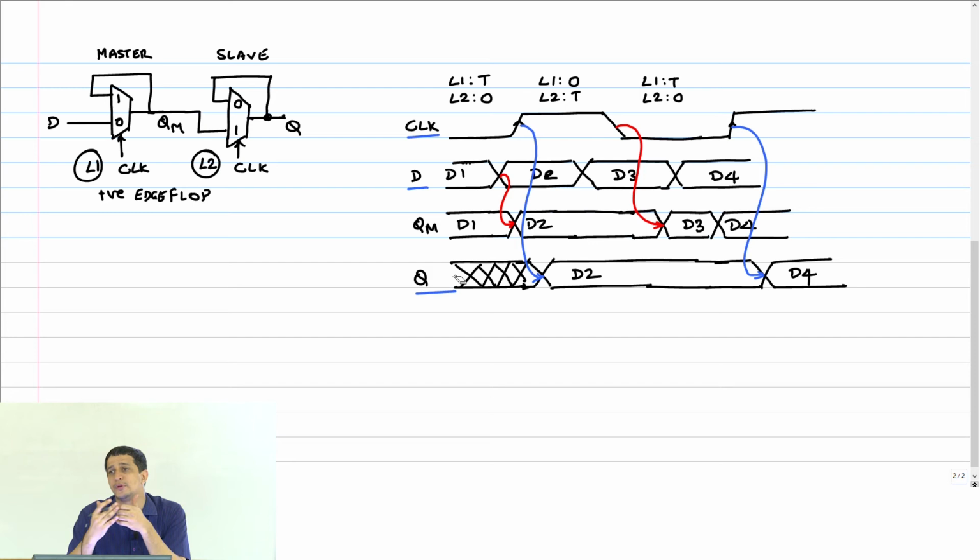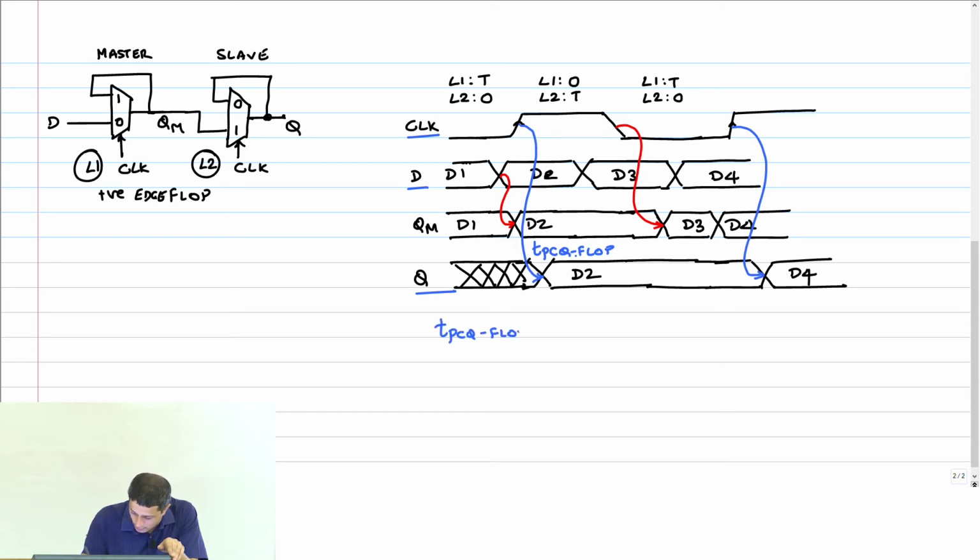What is TPCQ of the flop? You agree that this delay is nothing but TPCQ of the flop, right? Let me call it flop. What is that delay?